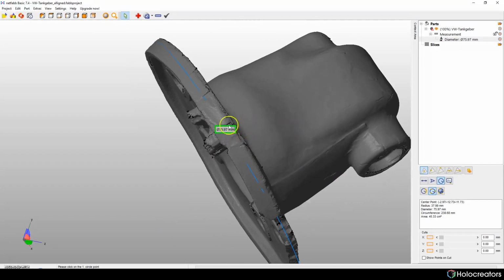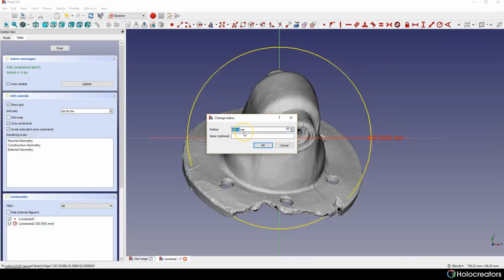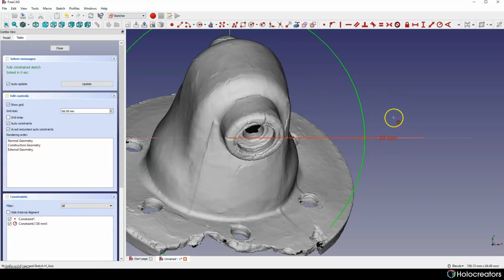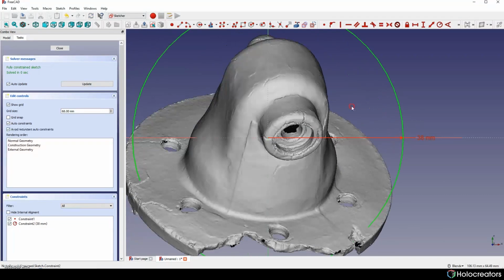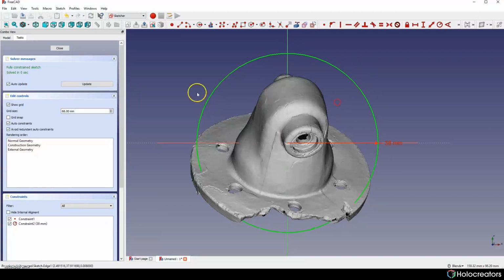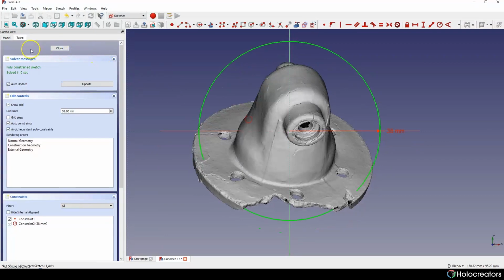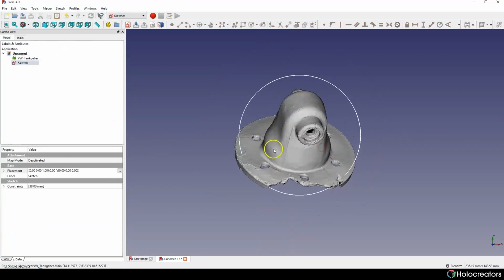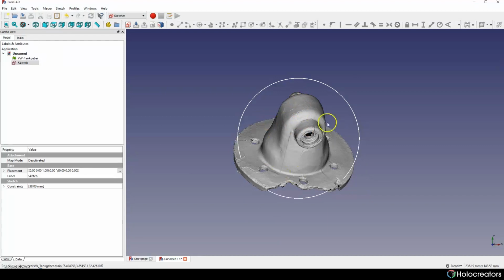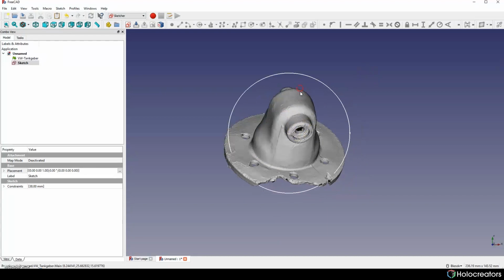It's 76 millimeters. To get the radius, we have to divide by 2. We can do it inside this field and it's going to work. And we get 38 millimeters. After we're done with the sketch, we can press close, and now we can start placing our model in the space.